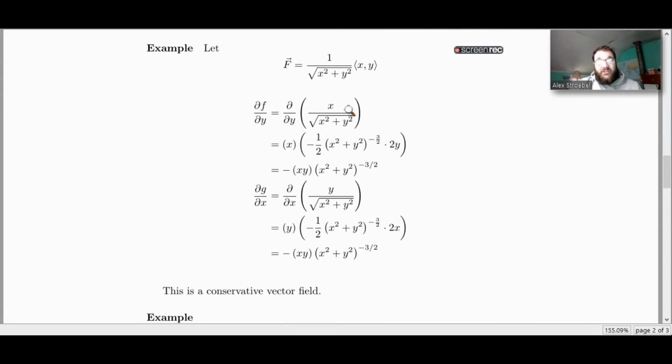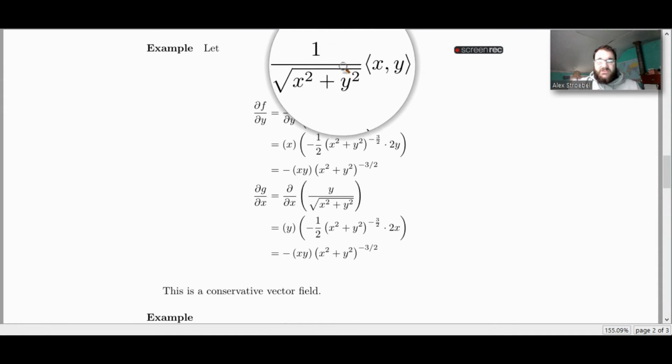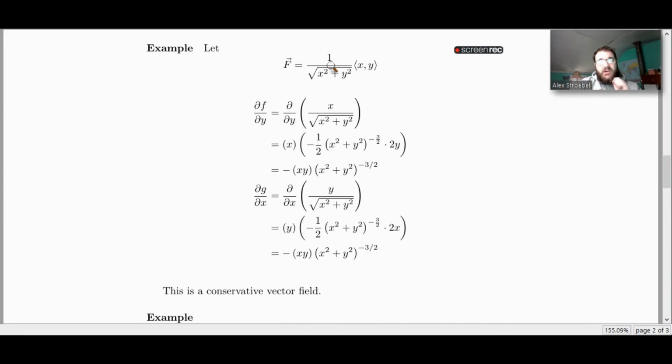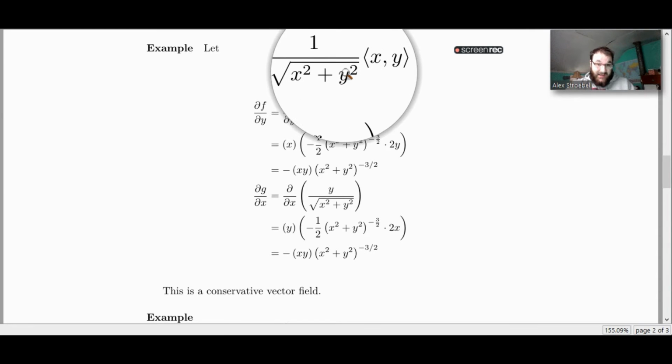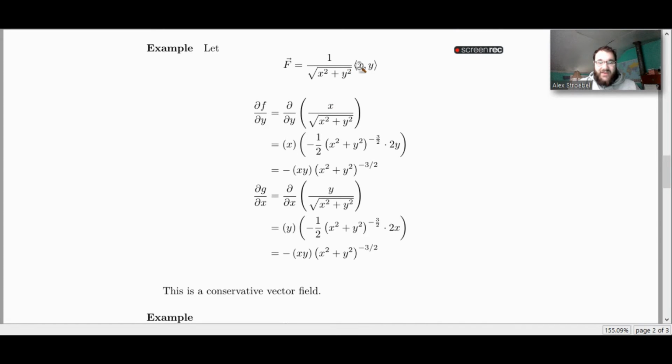Here we have an example of another vector field. F is just a vector field that points radially outward from the origin with a magnitude of 1. So if we take the derivative of the portion of this vector field that is in the x-coordinate with respect to y, so we have x over all that stuff with respect to y, we end up